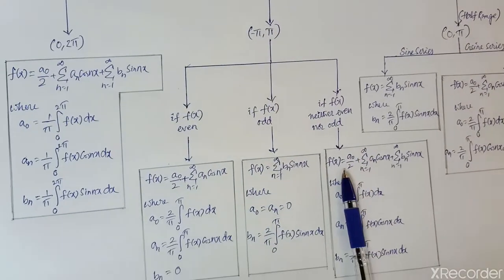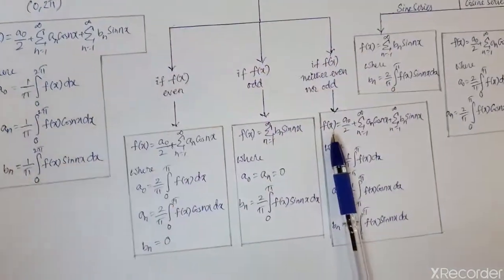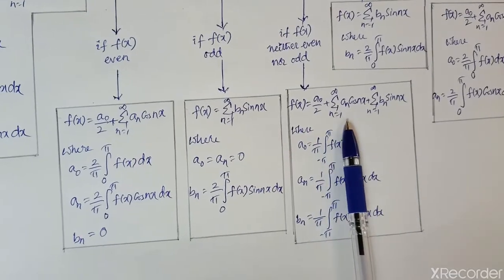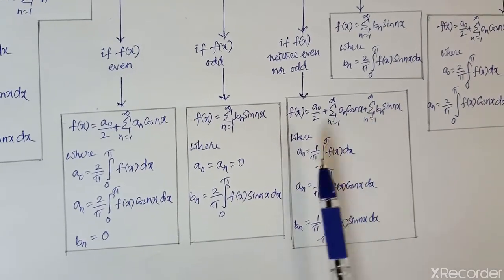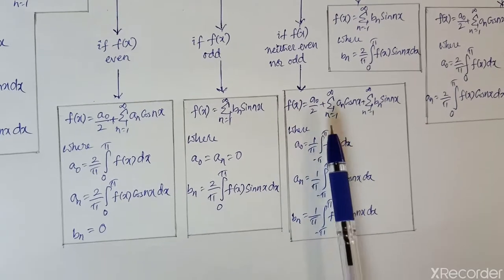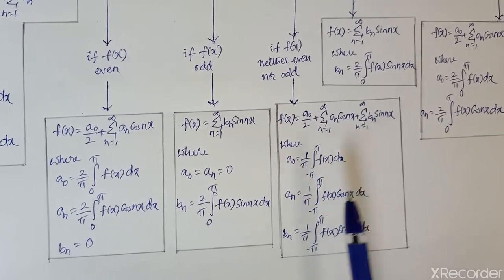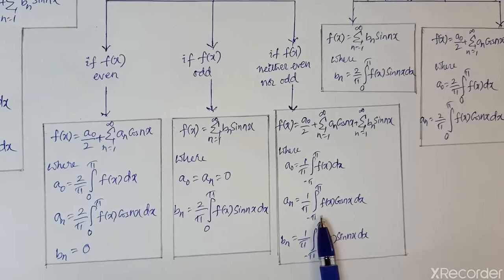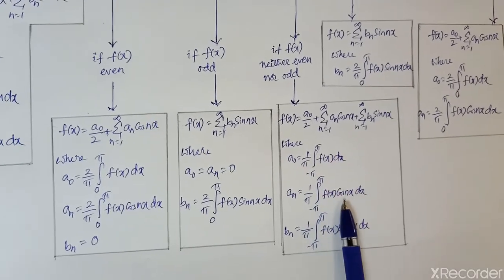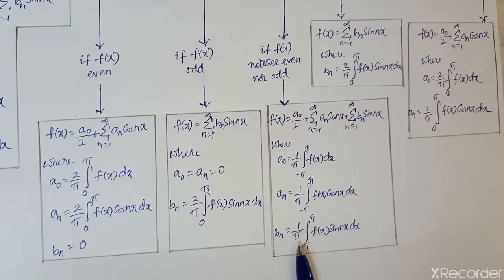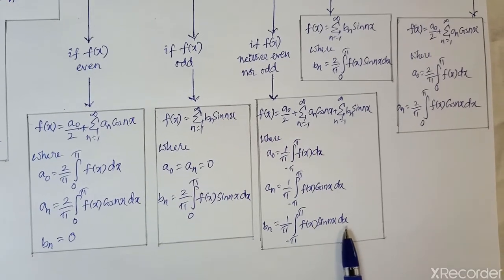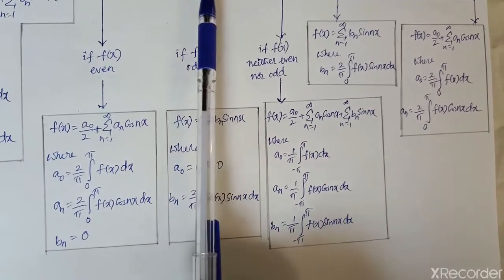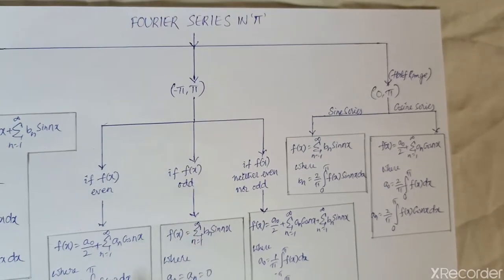So this is the formula: f of x is equal to a naught by 2 plus sigma n is equal to 1 to infinity a n cos n x plus sigma n is equal to 1 to infinity b n sin n x, where a naught is equal to 1 by pi integral minus pi to pi f of x dx, a n is equal to 1 by pi integral minus pi to pi f of x cos n x dx, and b n is equal to 1 by pi integral minus pi to pi f of x sin n x dx. So these are the cases when the interval is given as minus pi to pi,